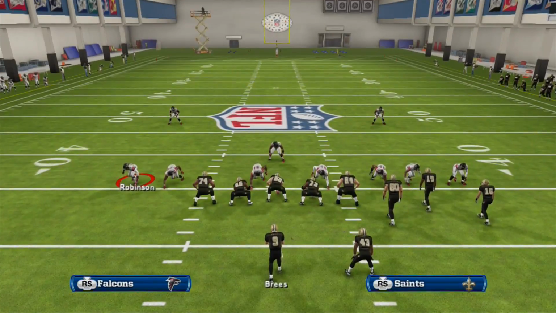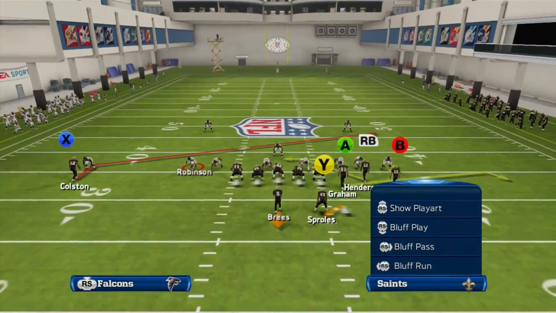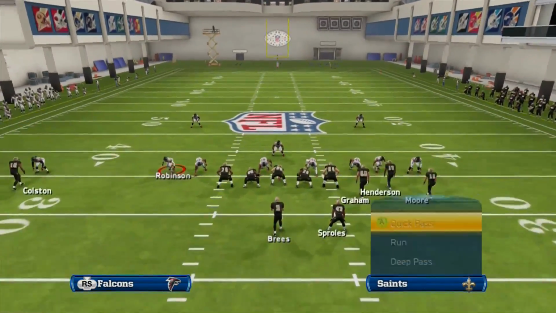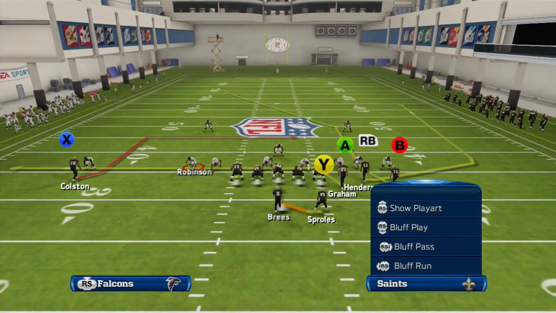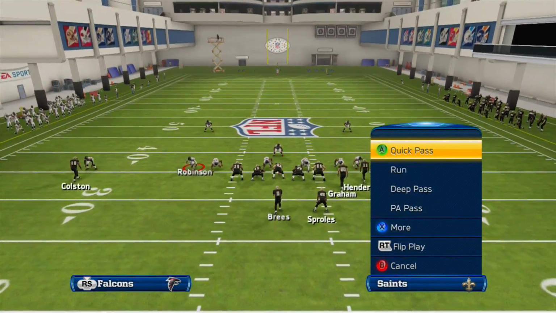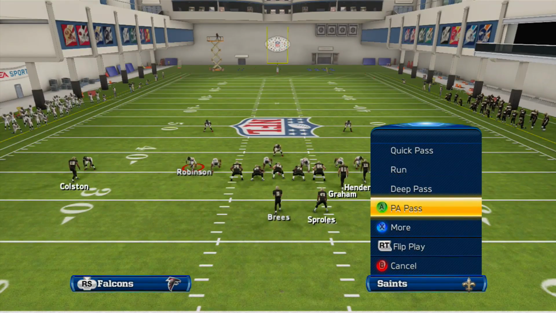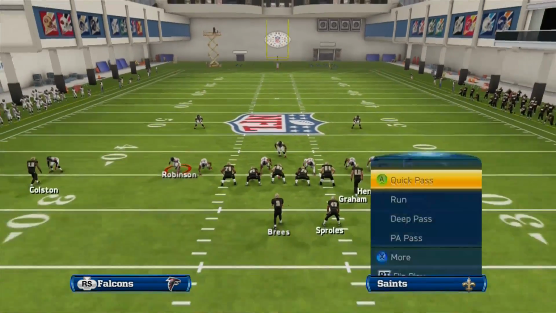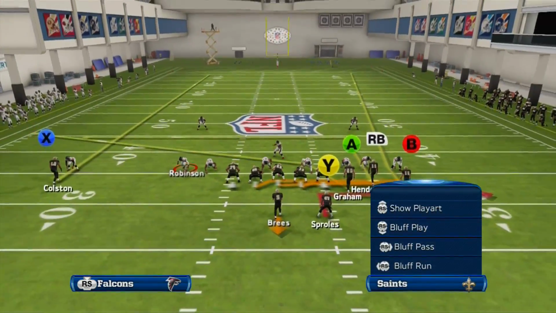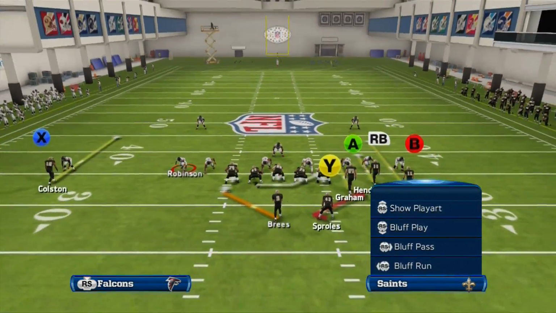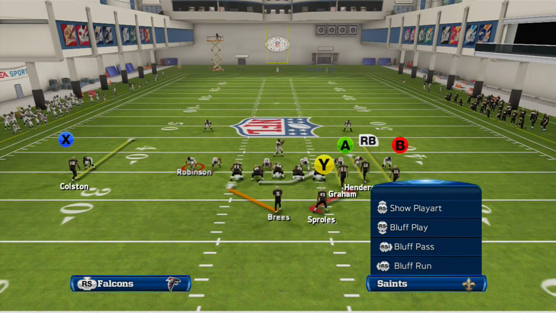So I'll just go ahead and show you guys what the audibles will look like. This is the quick pass. It's the run. Deep passes, verticals. I actually will run verticals in this formation once in a while, and the play action. So the three quick audibles I use are the run, deep pass, and play action. Then I have halfback slip screen as an audible, as well as the halfback counter. And between all of that, we have a total of 6 plays in this formation